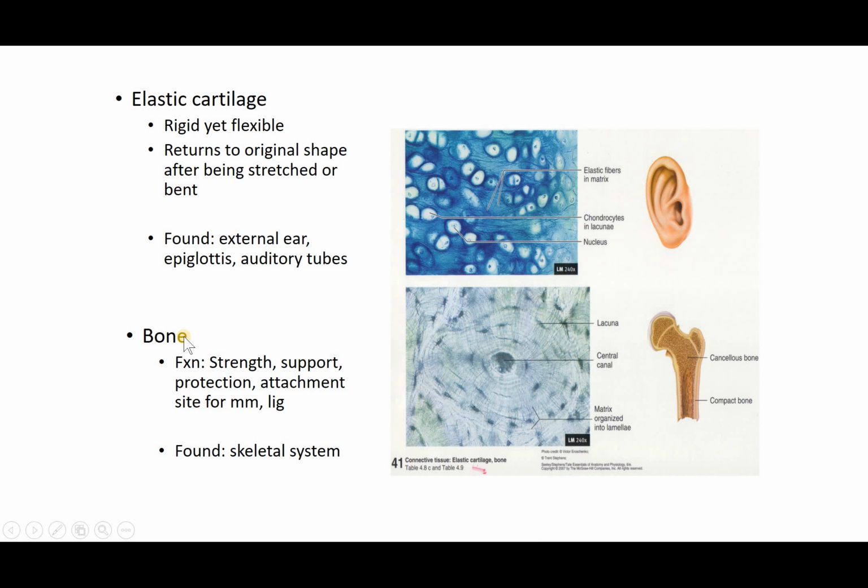Bone, its function, strength, support, protection, attachment for muscles and ligaments. Keep in mind, a muscle tapers into a tendon and attaches to bone. So there's bone, there's muscle, and there's your tendon. Okay, muscle